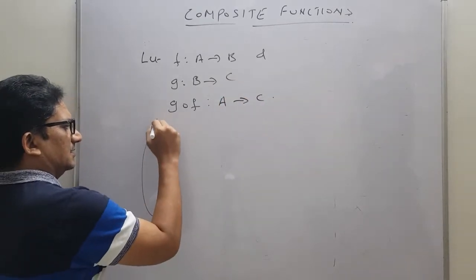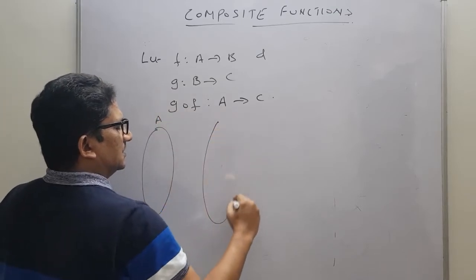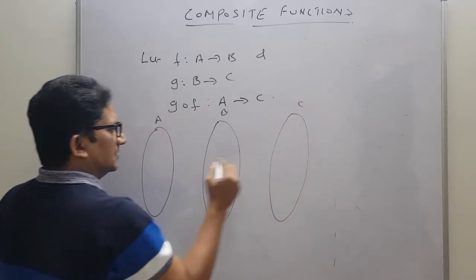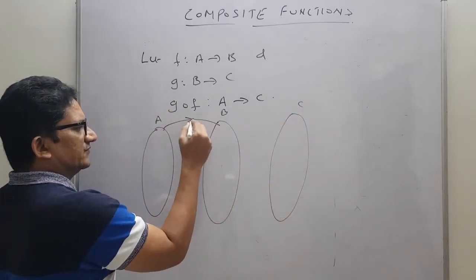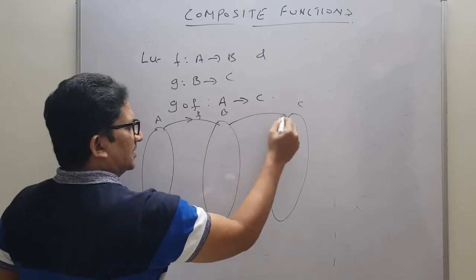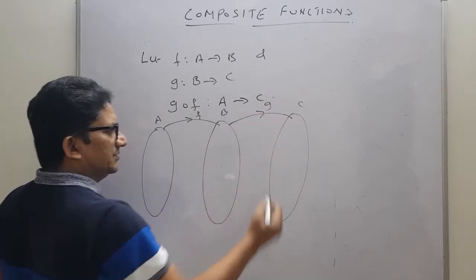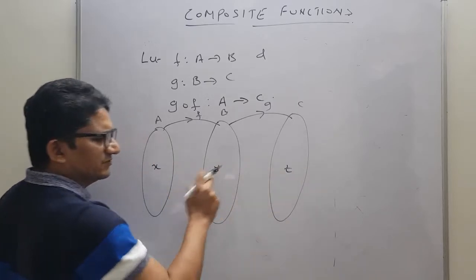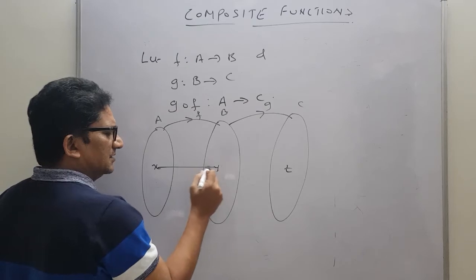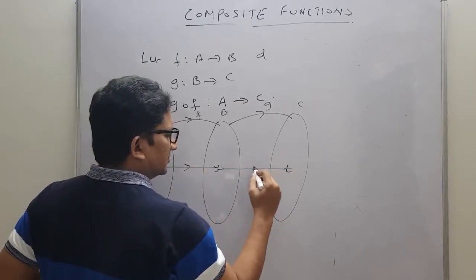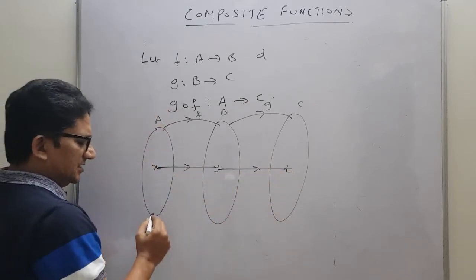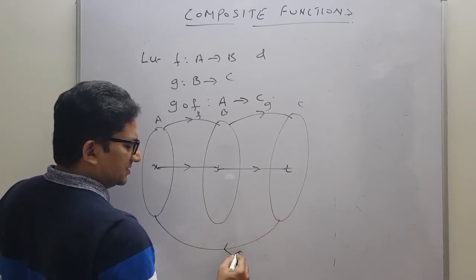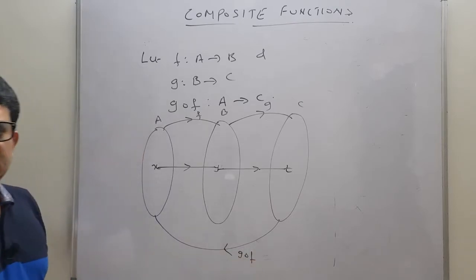See, if A is a set, B is one more set and C is one more set, then f is a function defined from set A to set B and g is a function defined from set B to set C. If you have some element x, y, z, for suppose only one element I am taking for reference, this is mapped to this one and this is mapped to this one. Then there exists a function from here to here which we need to map like this type, that is g circle f.